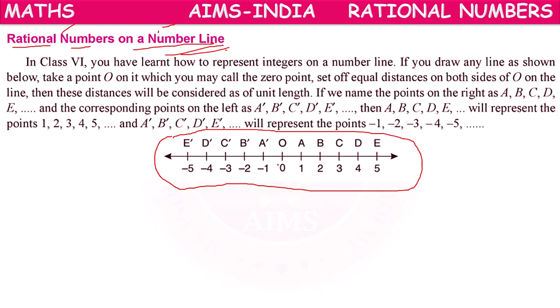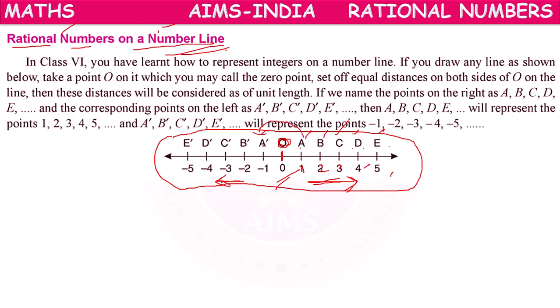So on a straight line, at the middle of the straight line, we can take point O, which represents the value 0. To the right side of 0, with the different points, we can represent all positive integers. To the left of 0 with their corresponding points. If on the right side we have taken A, B, C, D, E, on the left side also the corresponding